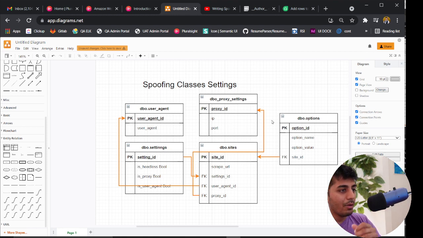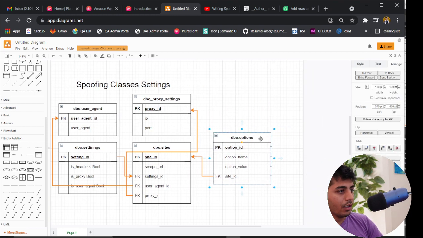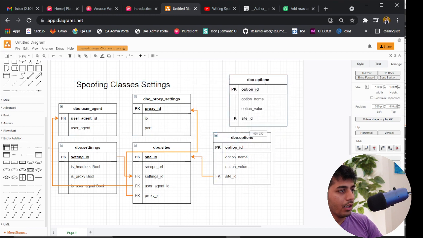Now, one of the problems with this schema, and if a professional database guy looks, he'll say, oh, but you are repeating an option a lot of times, right? So why don't you just have an option table which has a list of all the Selenium options, and essentially you select what options you want for a given site. So what he or she would say, and I would just try my best here.